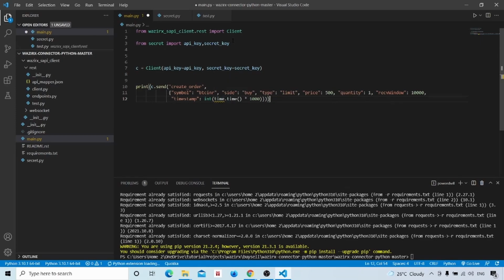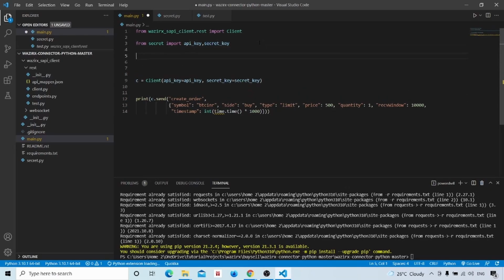Here we are getting an error. We have to import time also for the timestamp from Python. One more thing you have to note: when creating the API key in the API key manager in WazirX, you have to turn on the spot trade option, otherwise sometimes it may create an error. I have turned it on. You can see my detailed video about API key creation. I have mentioned it in that video.